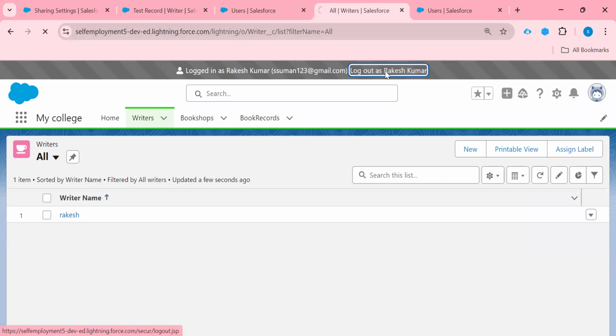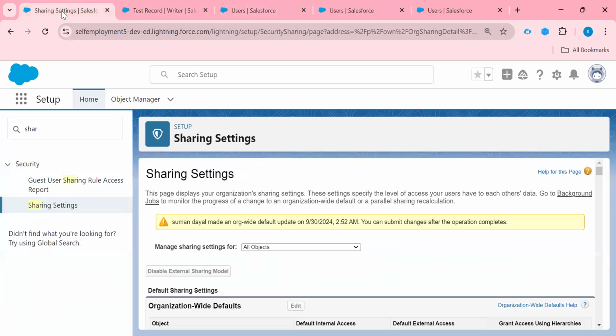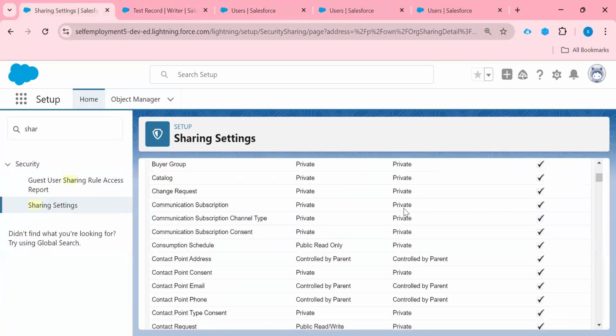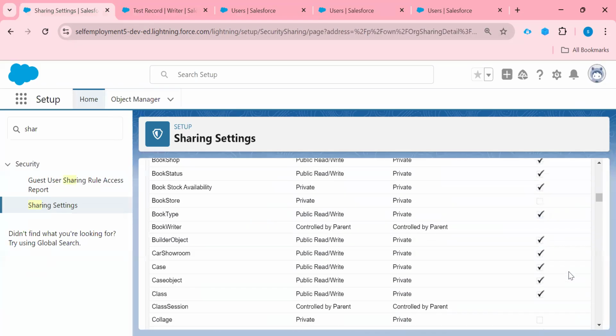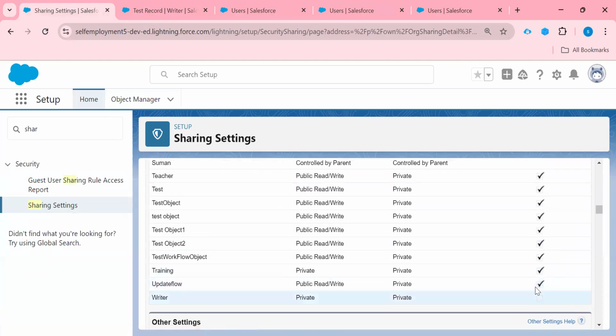Just log out from here and come to our sharing setting. Because we unchecked this, it is not following the role hierarchy rule. That's why, even though the person is above in the role hierarchy, he will not be able to see the records of the person who is below in the role hierarchy. So that's all about the role hierarchy.